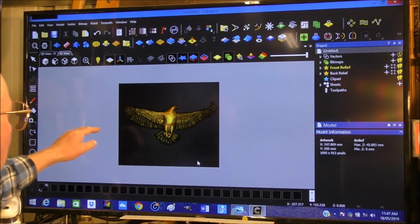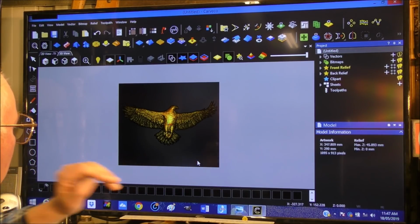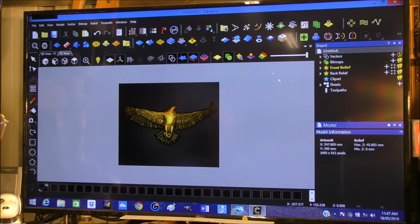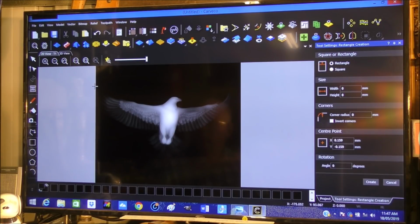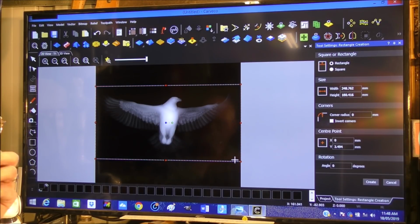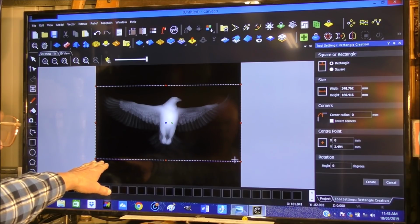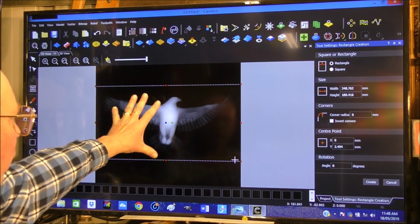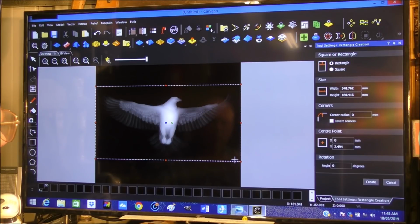Okay, so now what I'm going to do is put a boundary box around here because there's going to be a lot of wasted machining time here. So I'm going to go into the 2D and get our drawing tool. Eventually, when we do the toolpaths, I'm going to tell ArtCAM to machine inside of this vector. So this becomes our boundary layer. In actual fact, I'm going to make it a little bigger. I'm going to take this up to